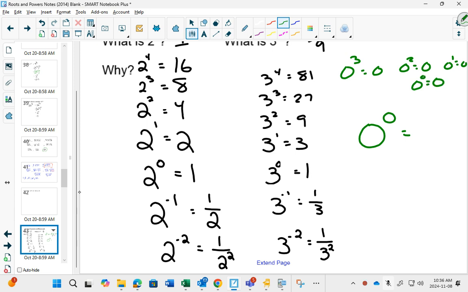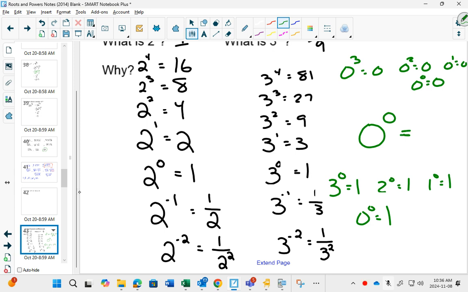Wait, how you define by 0? Okay? We're just looking at a pattern. Or someone says, no, but I'm looking at this pattern. 3 to the 0 is 1, 2 to the 0 is 1, 1 to the 0 is 1, 0 to the 0 should be, according to this pattern, 1. Does this pattern make sense? The answer is,